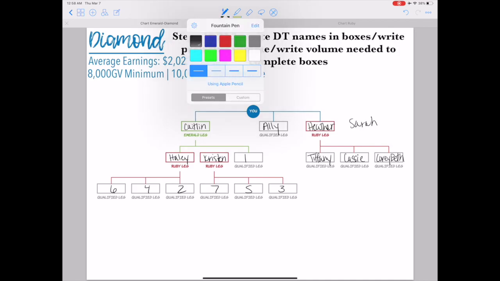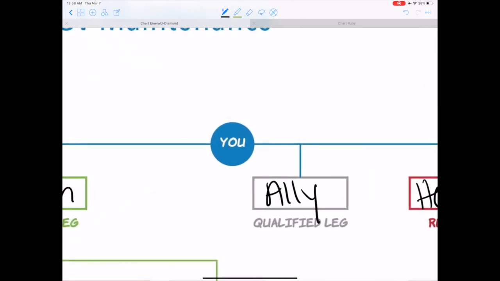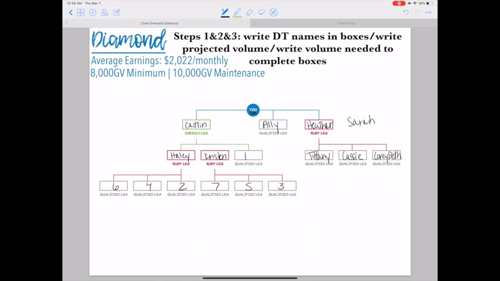Those numbers are going to stay the same because it's still the same month. We haven't changed orders yet. So I'm just trying to figure out how far away I am. So we said Caitlin had 200, Haley had 150, Kristen had 400. I forgot that. Put a line there. This person has 0, 0, 0. There are no distributors here yet, so they are contributing 0 volume to this chart. Allie had 560, Heather had 75, Sarah had 60, Tiffany had,